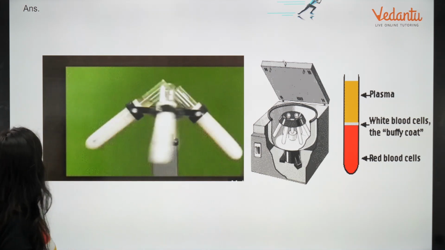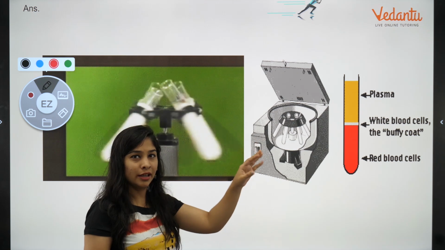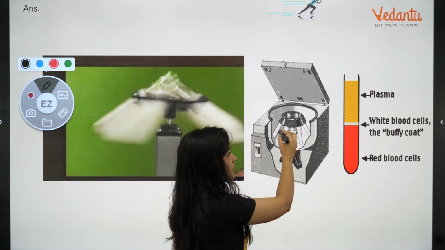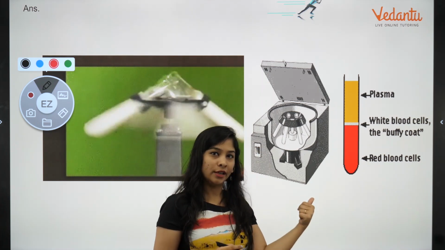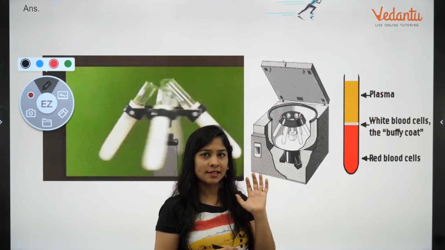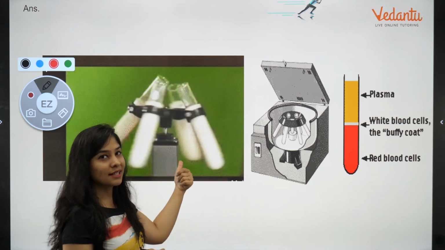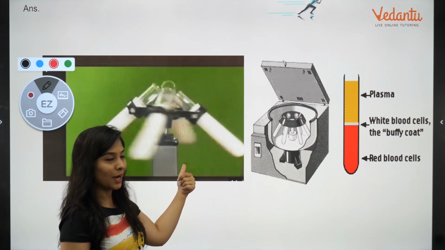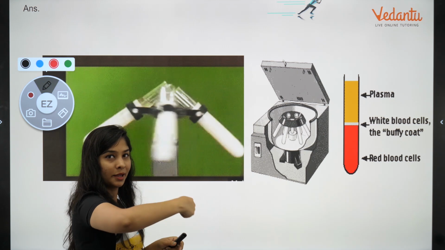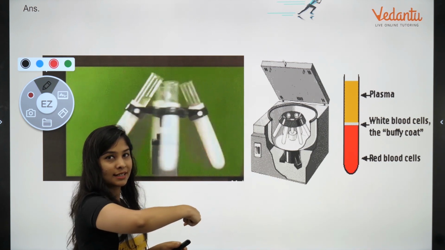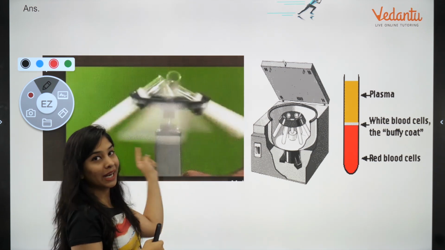Okay, so what to do? You have to take your sample and on the opposite side take anything so that the balance can be maintained. Now as soon as you have done this, just close it. Which sample do you want to take? Suppose I have taken the same water sample with suspended sand particles. Closed it. Two types of apparatus can be seen in the laboratory. One is the manual one, meaning human force is required for it. So what happens in this? Some handle is attached to it. You have to do this thing. You have to apply force to this, just like a sewing machine in the previous time. You have to apply some force and that is going to rotate at very high speed.